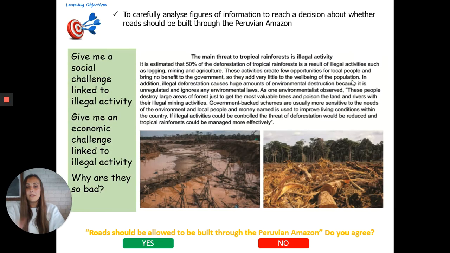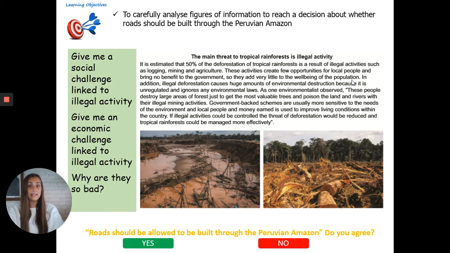Okay, moving on then. So this piece of information is all about illegal activity, and the source of information says that illegal activity is the main threat to tropical rainforests. It's estimated that 50% of deforestation of tropical rainforests is a result of illegal activities such as illegal logging, illegal mining and illegal agriculture. They say that they create few opportunities for local people, they bring no benefit to the